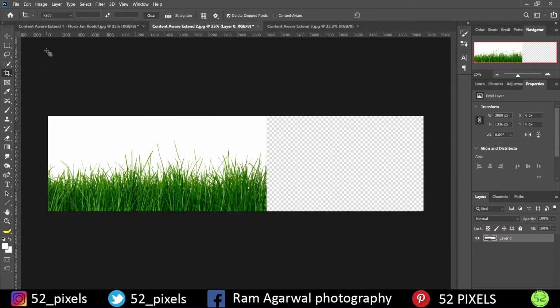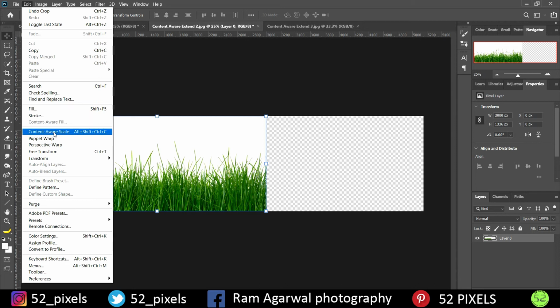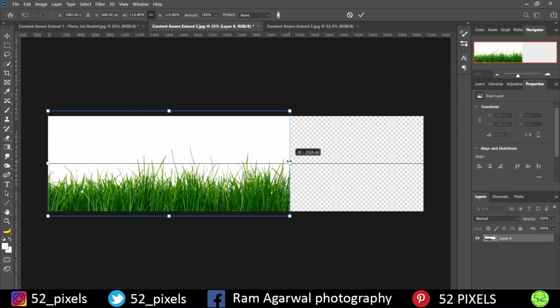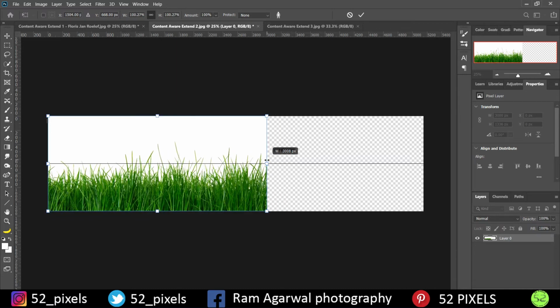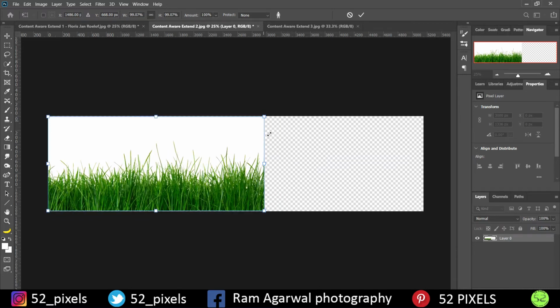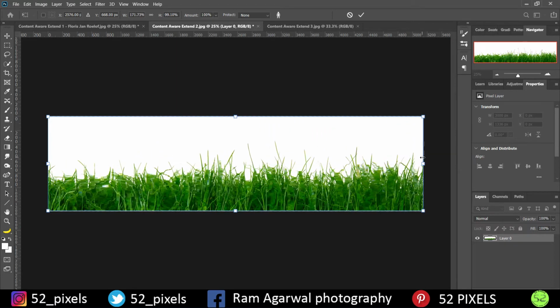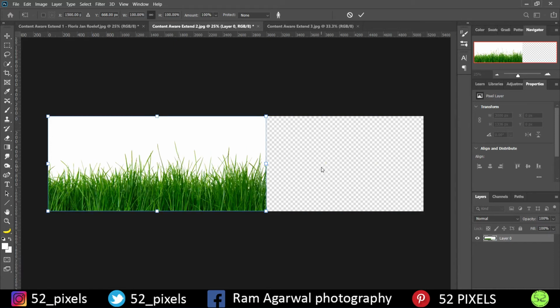Now to use content aware scale, I would go to Edit, Content Aware Scale, remove the lock first. And now it is looking somewhat like this, which is not at all appreciable and doesn't look good, right? So for that, in this particular case, what you would have to use is called content aware extend.